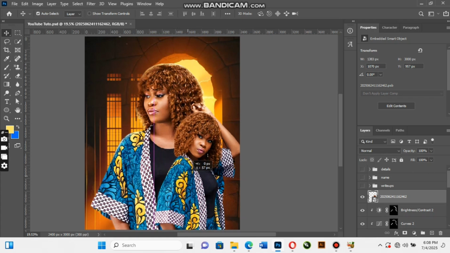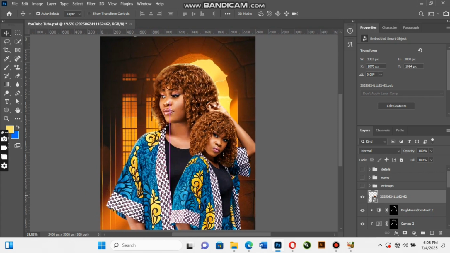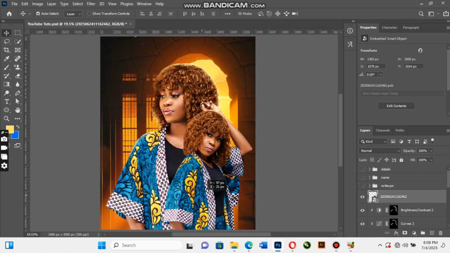Next thing we are going to do here, we are going to look for a way to blend the image and the background. We're going to look for a way to blend it. So how do we blend it? One of the ways to blend is by adding, okay, but before we